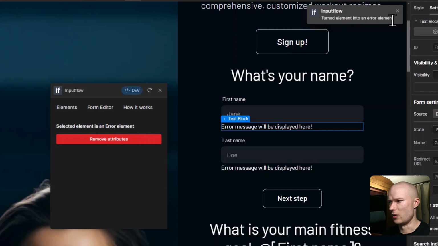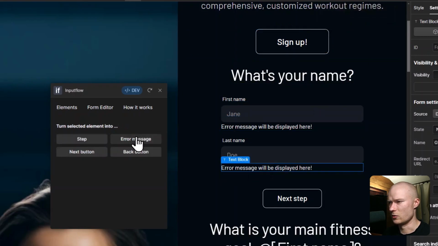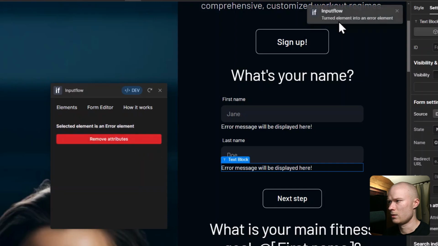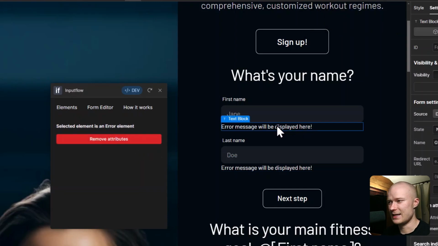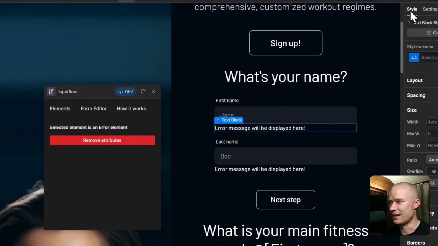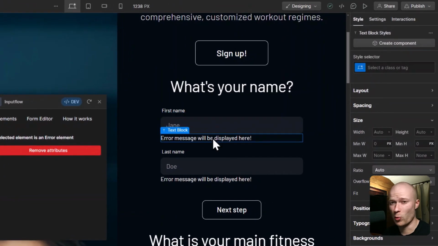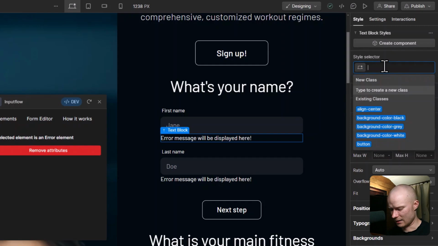Turned element into an error element. And I do that for this one as well. Turn element into an error. Turned element into an error element. And the cool part about this is this error element is just a normal Webflow element, just a normal Webflow text block, which means we can add a class to it and style it exactly how we want it to look. In this case, I already created a class